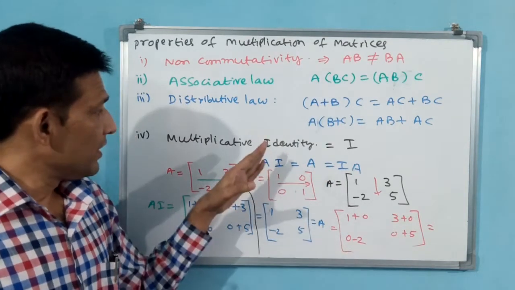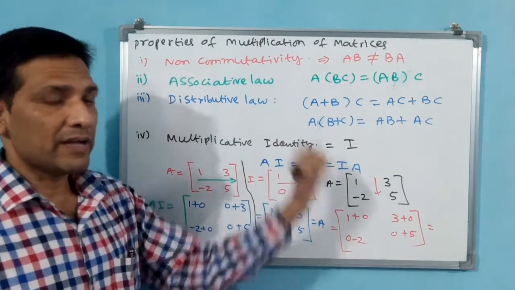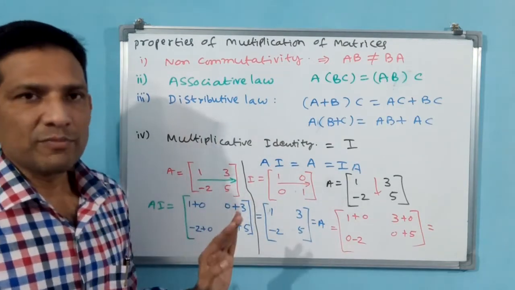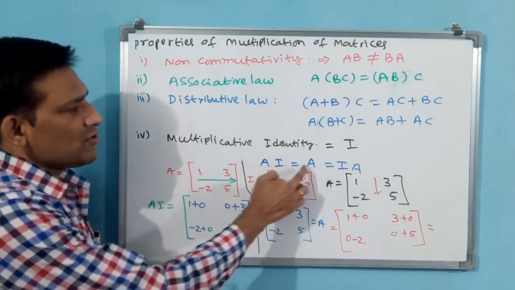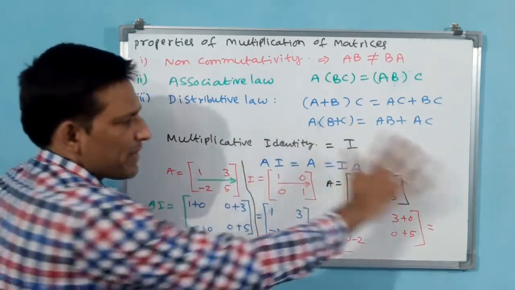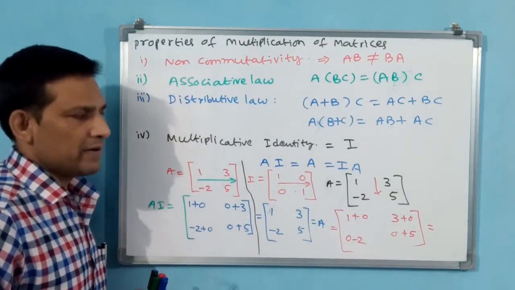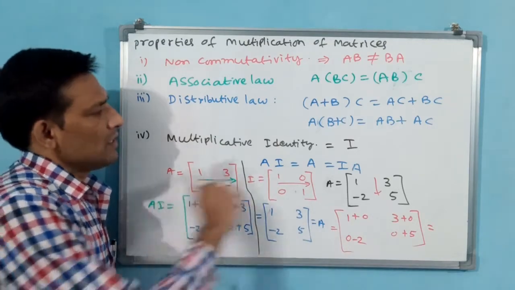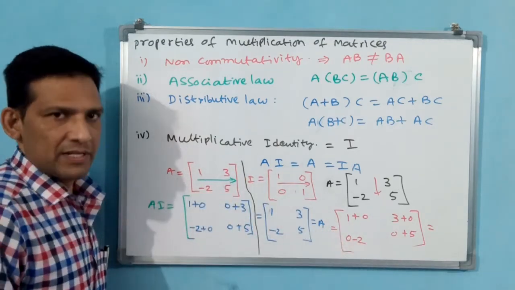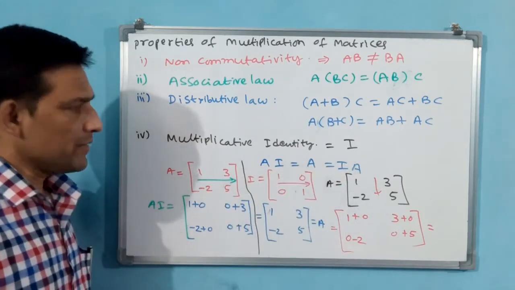That is why these two are peculiar cases, but these are not applicable everywhere. AB is not equal to BA, AC is not equal to CA. Here AI is equal to A and that is equal to IA. We have practically verified it. We can say verified rather than proof. Theoretically, you have to do A11 and all, that is called proof. This is going to be called verification. We have verified AI is equal to A and that is equal to IA.